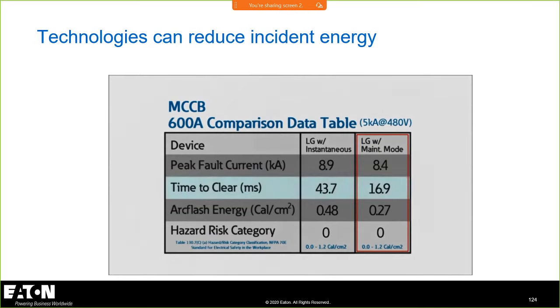While the 600 amp breaker set to trip via its standard instantaneous function took 43.7 milliseconds to clear the fault, Eaton's maintenance mode enabled LG molded case circuit breaker took only 16.9 milliseconds to clear the fault. The resulting arc flash energy measured 0.48 calories per centimeter squared for the standard instantaneous trip versus only 0.27 calories per centimeter squared for Eaton's maintenance mode